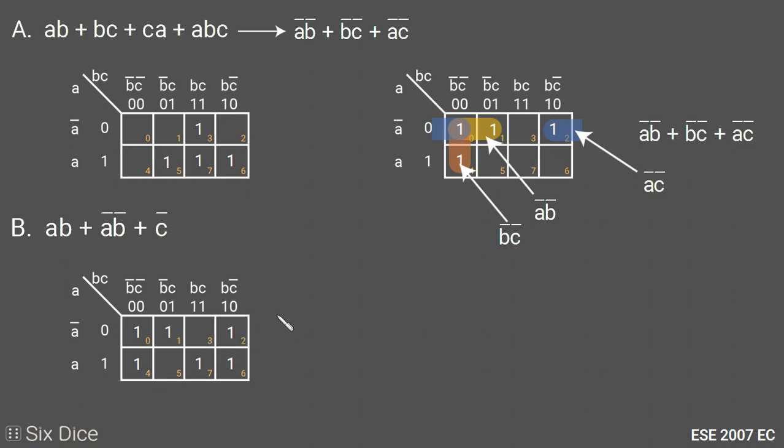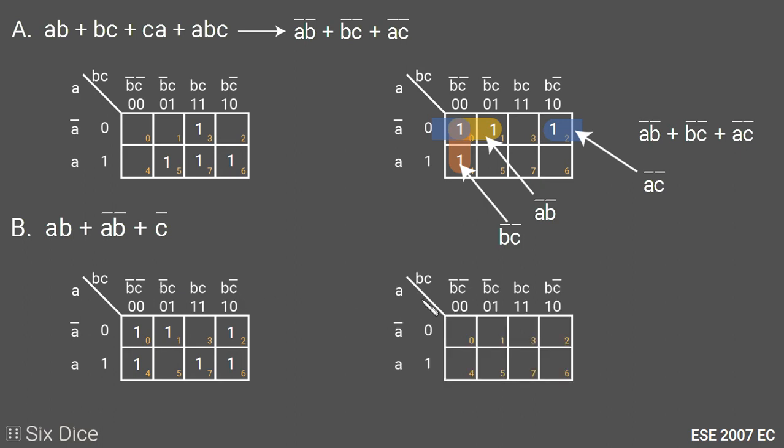We already have 1s at 0 and 6, so we need to put 1 at the second cell and fourth cell. Now to get the inverse of this function, we make the same 3 variable K-map again, and we put a 1 in the cells where we don't have 1 right now, so we put 1 at the third cell and fifth cell, and we will minimize. Here we see we cannot make any pair or any quad, so individual ones will be minimized. So this one will become A bar B C, and this one will be A B bar C.